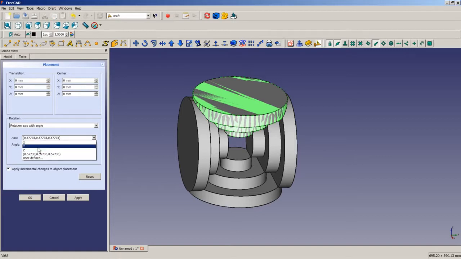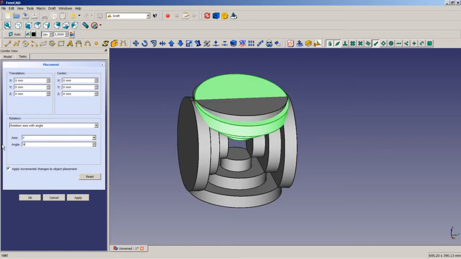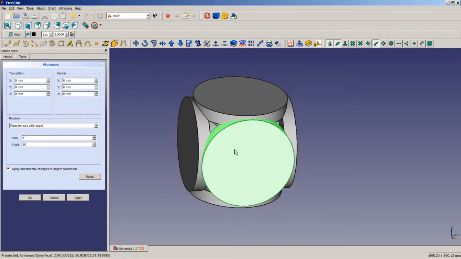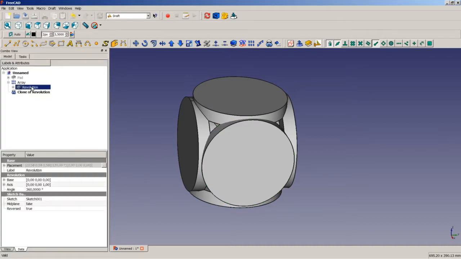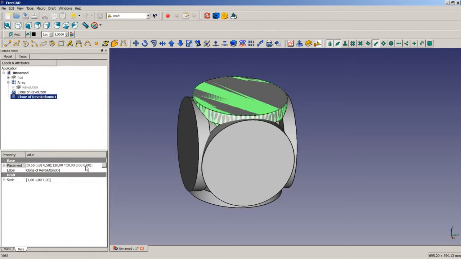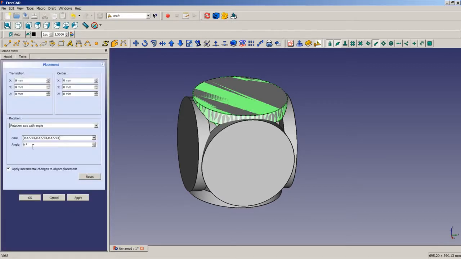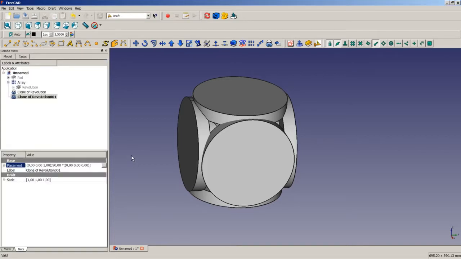We will choose the y-axis as rotational axis, and we will apply a rotation of 90 degrees. We will then clone the revolution again, this time applying to the clone an incremental placement. We will change as rotational axis the y-axis, but in this case we will apply minus 90 degrees. We click on apply, choose OK,